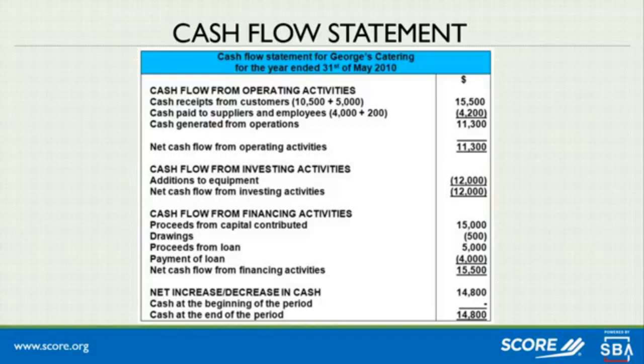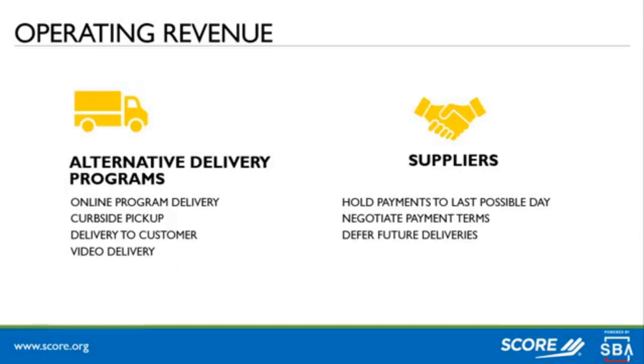We're not talking about profit or loss here. We're only talking about cash. So the things like depreciation and amortization and all of that stuff, which you use because of taxing laws, are not important when you're just dealing with how much cash do you have on hand and how much cash do you have available to use. So I'm going to move on to the next slide and talk about that operating revenue side of the business, the operating cash side.